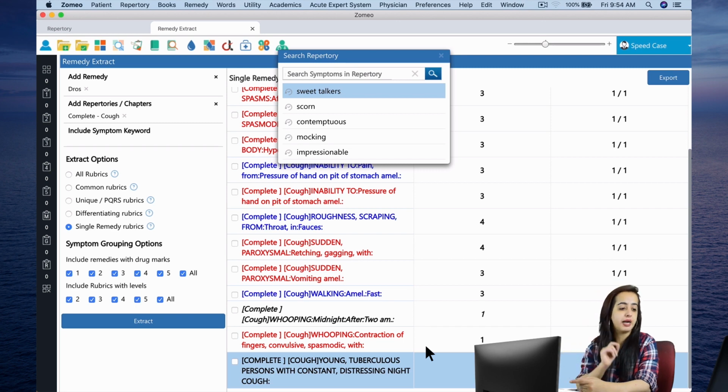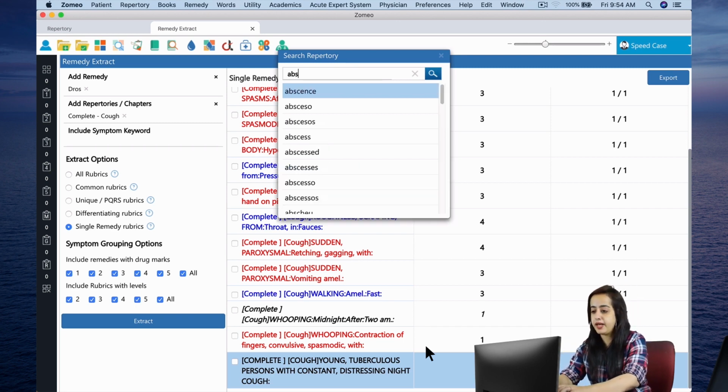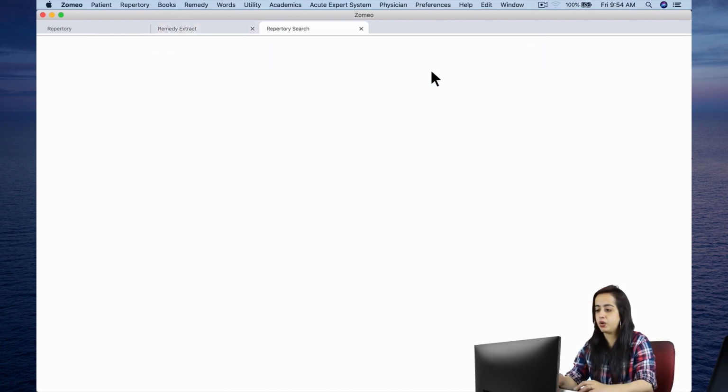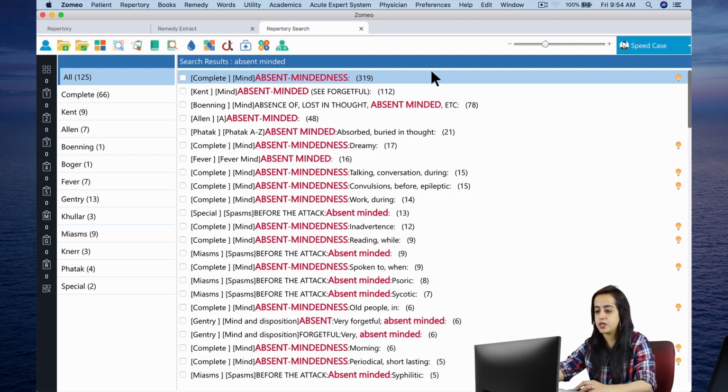So for absent minded, I will type absent minded and click on record search. So the first search result is the one that I want to use in my totality. To repertorize it or to add it to my repertory sheet, I will click on the box